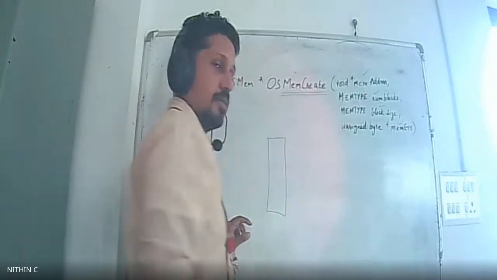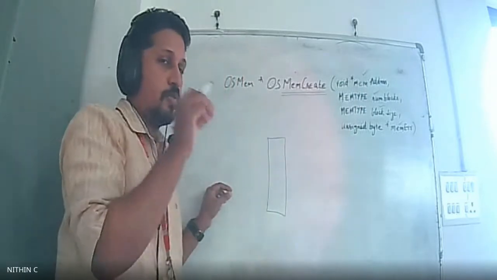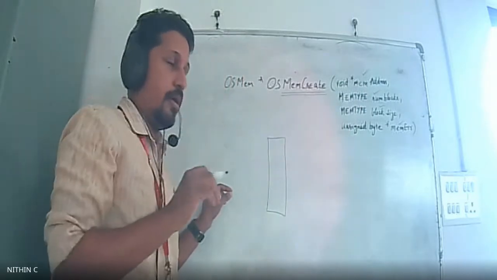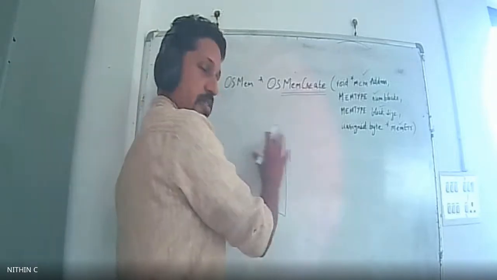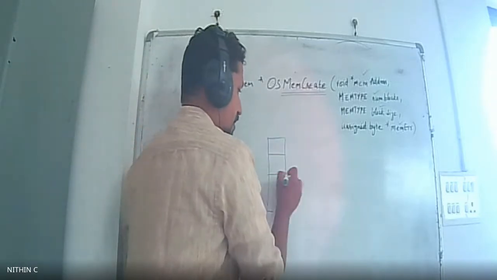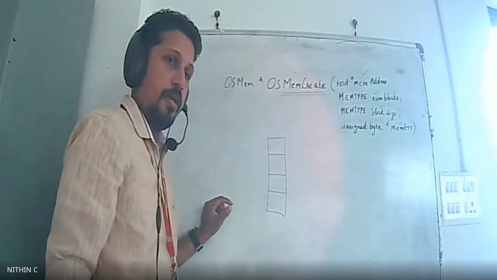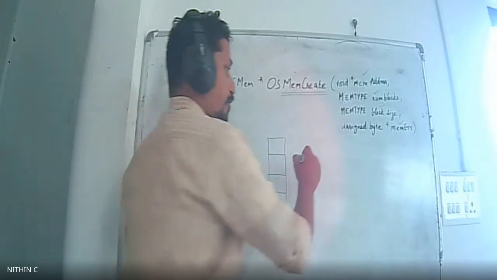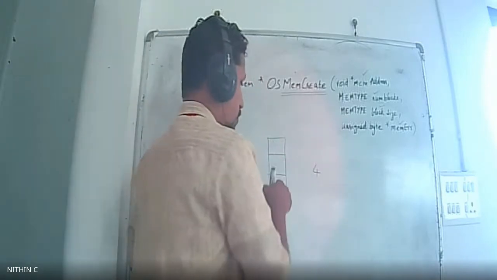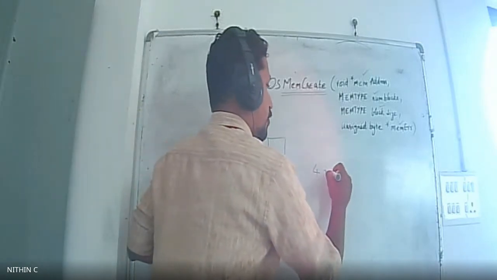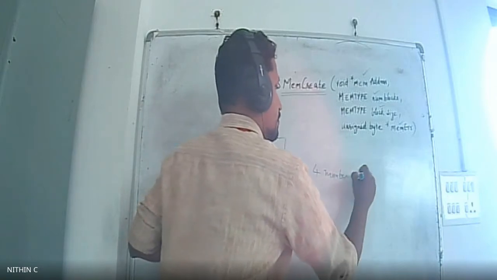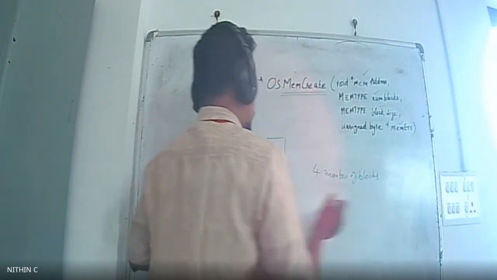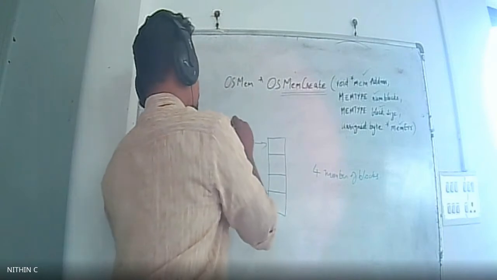It starts from the memory address. What is the memory address? The memory address points to the starting address. Actually, this is a physical memory, and we are dividing it into a number of blocks. In this memory part, we have partitioned it into 4 blocks: 1, 2, 3, 4. And you will have an address over here, which will be the starting address.